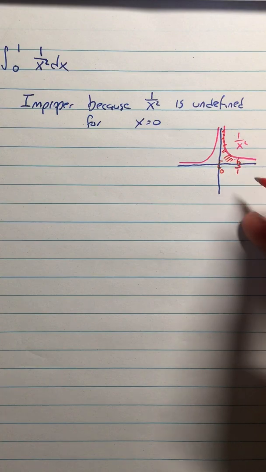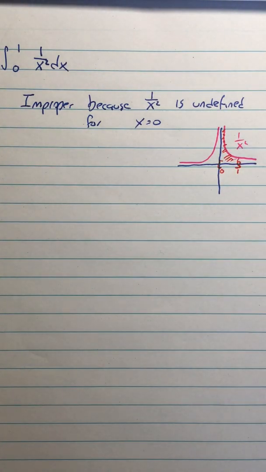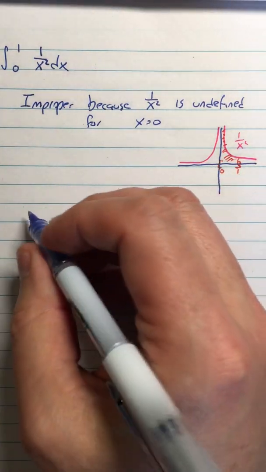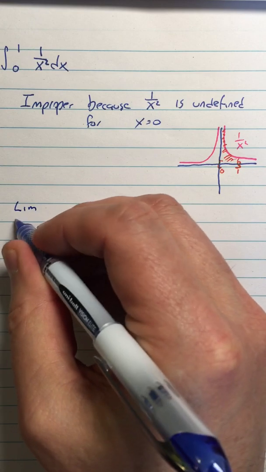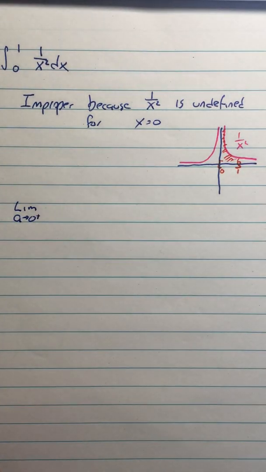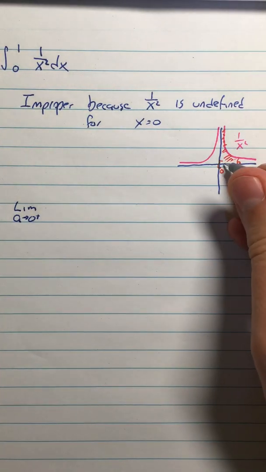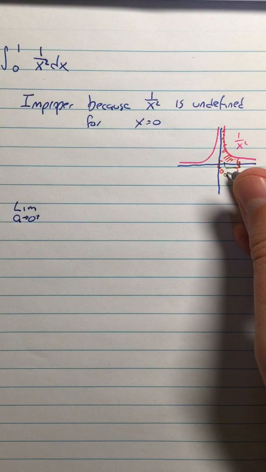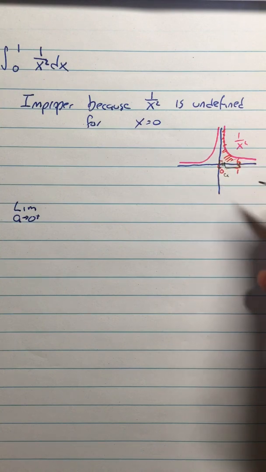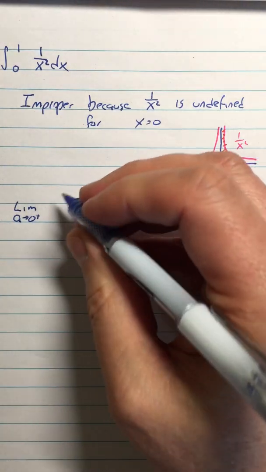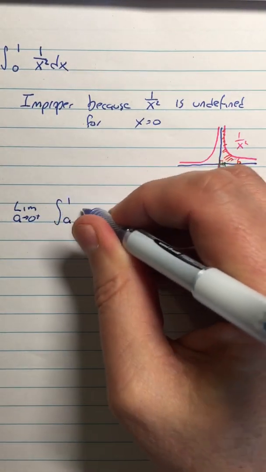So what do you think, finite or infinite? So now we've got the idea that some of them are finite, some of them are infinite. So the way to find out is we turn the integral into a limit. We say this is equal to the limit as a approaches 0 from the right, because we want to think of a as being a number greater than 0, and we're going to do the integral from a to 1, and then we're going to let a get closer and closer to 0 and see what happens. That's what we mean. The limit as a approaches 0 from the right of the integral from a to 1